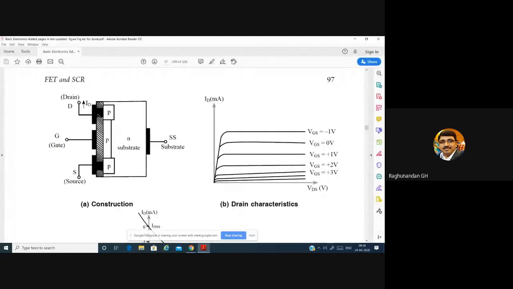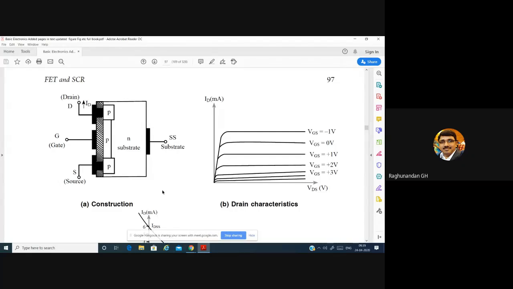When you connect this metallic contact to the negative voltage supply, that is known as VDS, the drain to source voltage, because the negative terminal will be connected to the drain and the positive terminal will be connected to the source. As you know, the source is usually grounded, and that becomes a common point.